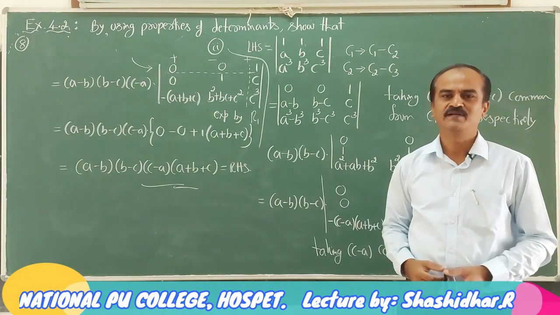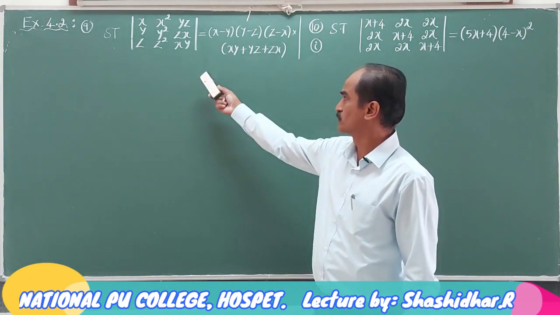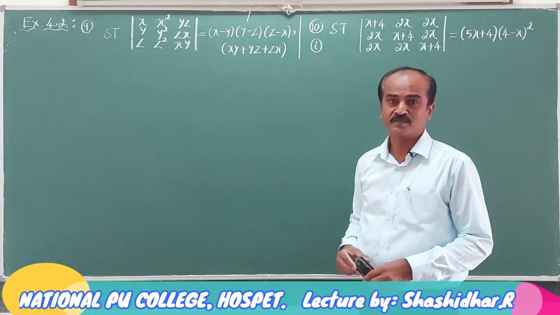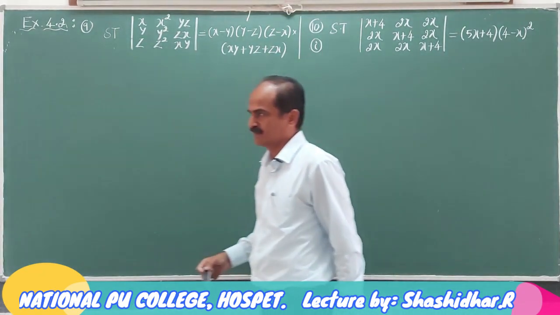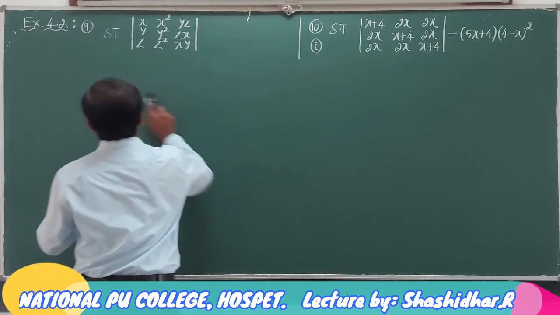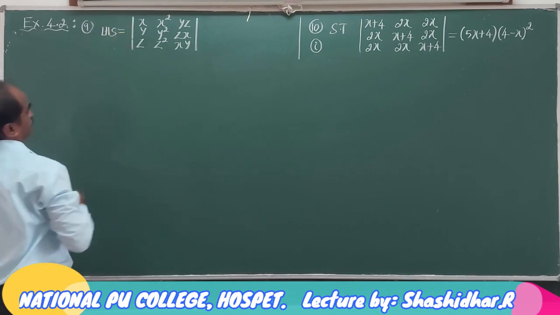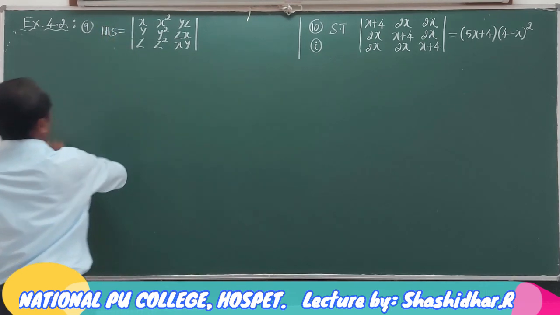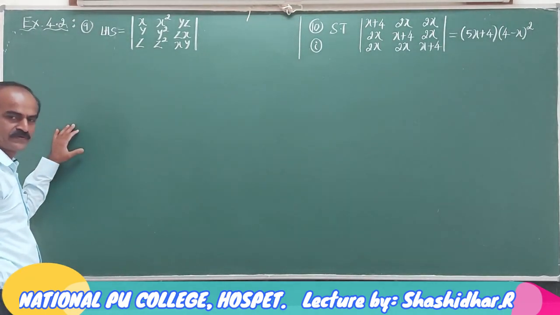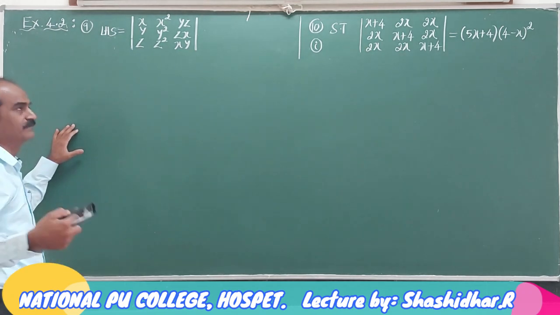Now, we will take the next question. In ninth question, we are required to show that the determinant is X minus Y, Y minus Z, Z minus X into XY plus YZ plus ZX. Now, we will go for answering this. Let me start with the LHS part. This is the LHS. Now, plan a row or column operation in order to get the factor X minus Y or maybe Y minus Z or maybe Z minus X, whichever is convenient.